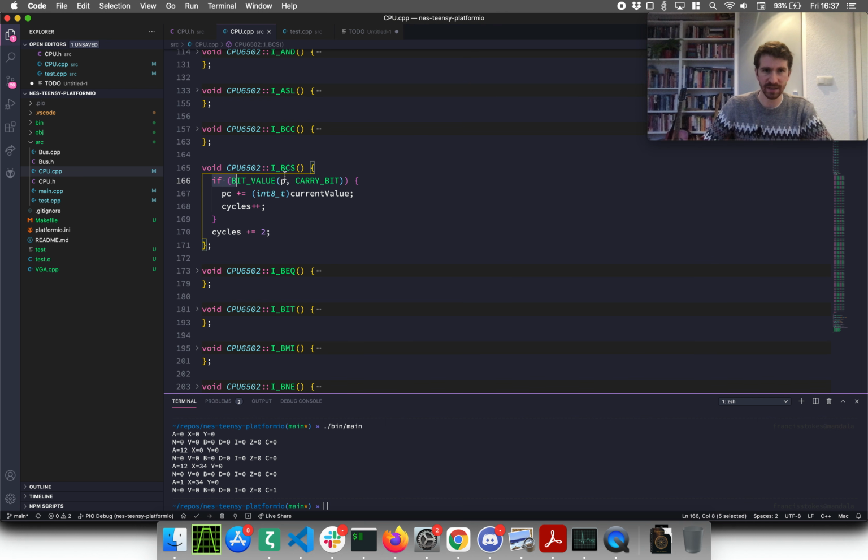What it does is it checks the bit value of the carry bit in the status register, which is P, remember. This is just like in JavaScript. You can check if anything is non-zero, or if anything is at least positive, then it's considered to be true, and if it's 0, it's considered to be false, so we can just do this. So if the carry bit is a 1, we're going to add to the program counter